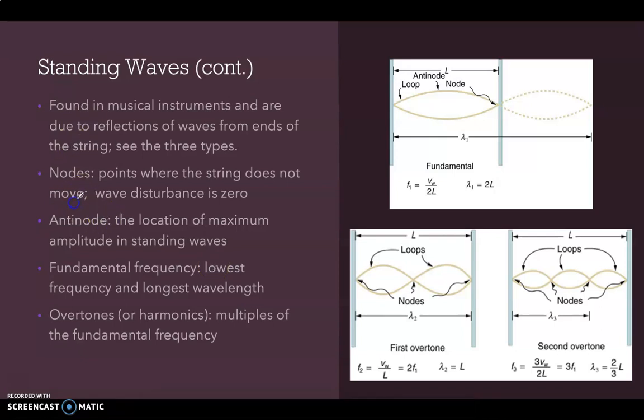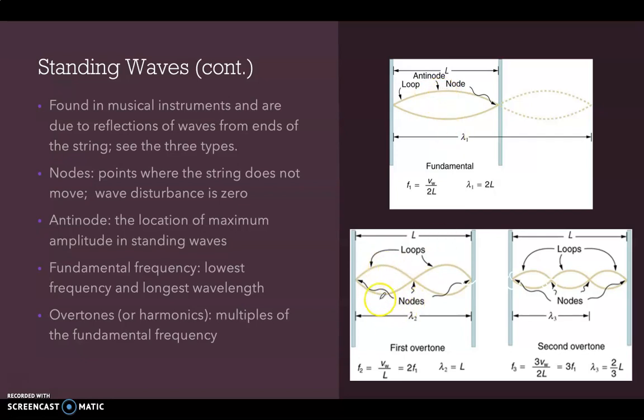The first thing is we need to understand what a node is, and these nodes are points where the string does not move and the wave disturbance is 0. So the nodes are going to be these points here, here, here, all of these points where the wave disturbance is 0. Then we have the antinode. The antinode is the location of maximum amplitude in the standing wave. So the antinode in this first one is going to be the peak here,